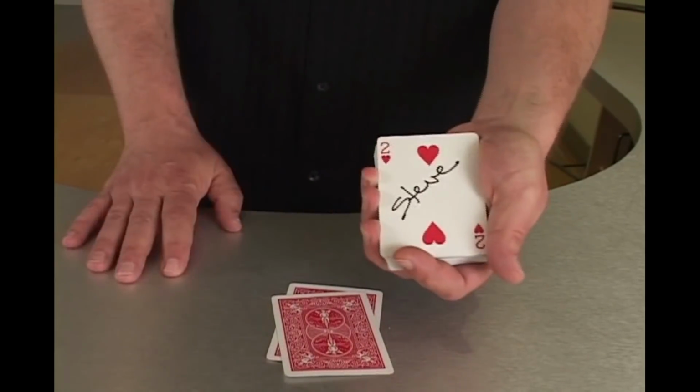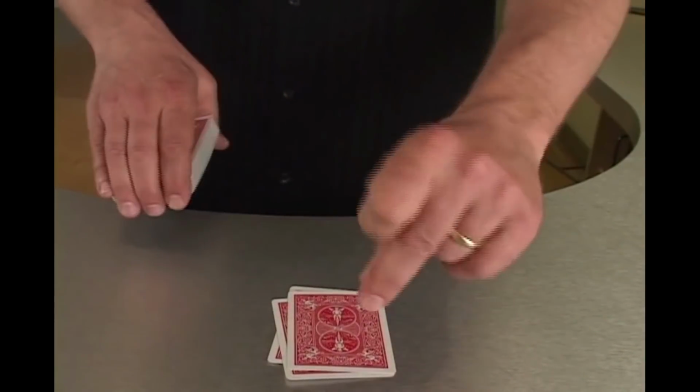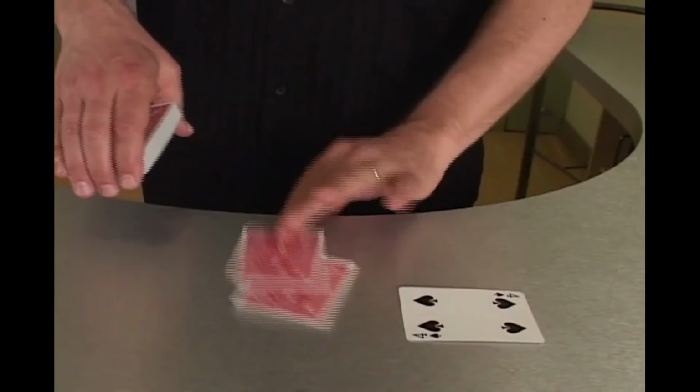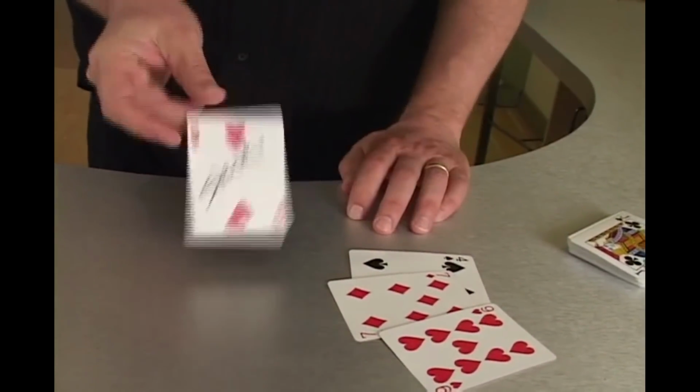I mean, all 3 cards did a really good job. Now, of course, if I want, I can just snap my fingers and all 3 cards change, and that's because your signed card, of course, is still inside my pocket. This is definitely one of my favorite middling phases because there's lots of magic. Boom, boom, boom, color change, color change, color change, and then you're set to go right on into your ambitious